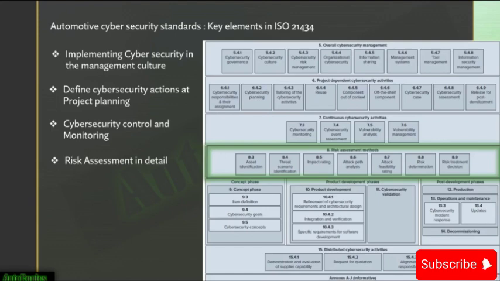So ISO 21434 is setting the standard for connected car cybersecurity, like I mentioned. The safety related impacts will be derived from ISO 26262, and the impact rating of the damage scenario shall be determined as one of the following: severe, major, moderate or negligible. So basically the impact rating can help to analyze the path of the attack, to determine the risks, and then to treat the risk in a better way. The risk treatment decision is like addressing the identified risk by selecting a suitable risk treatment option. A risk treatment option must be determined based on the impact categories, attack paths and result from the risk determination.